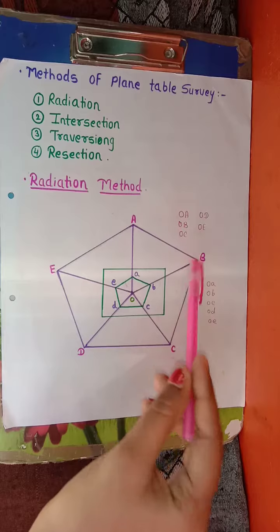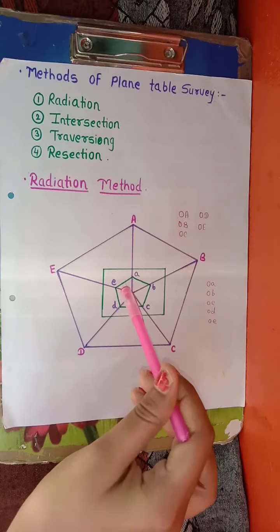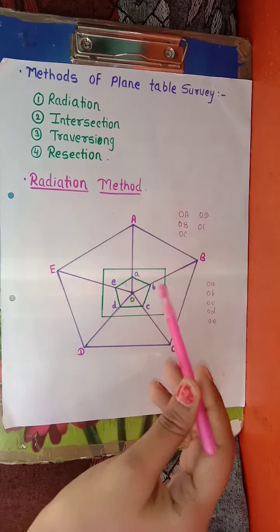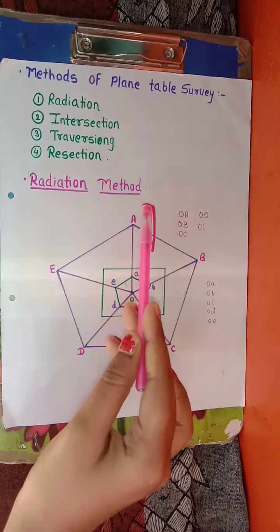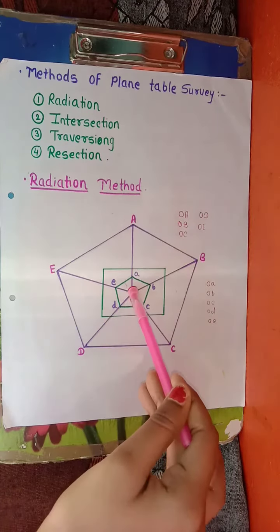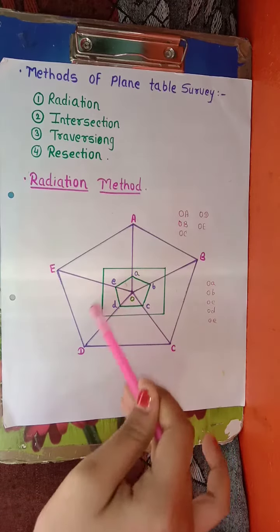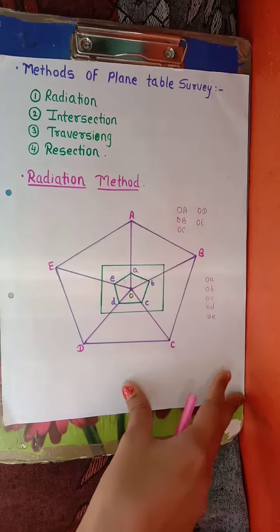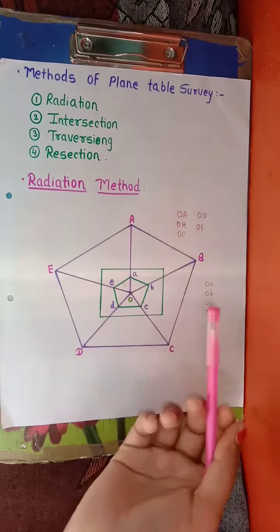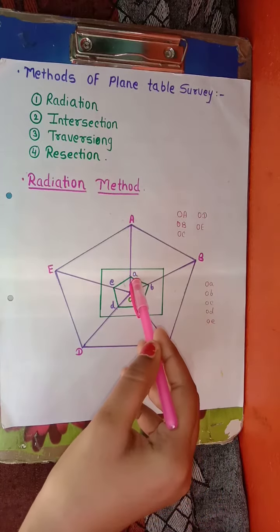A, B, C, D and E. Sight all these stations and mark the rays along the fiducial edge of the alidade, that will be OA, OB, OC, OD and OE. Mark the rays like this, and after marking these rays, measure the distances with the